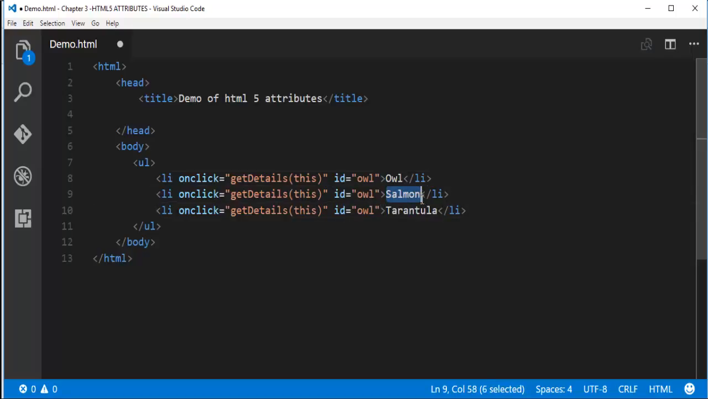So let me copy this and I'm pasting it here. And let me copy this, let me paste it here. Okay, and now what I'm trying to do is,